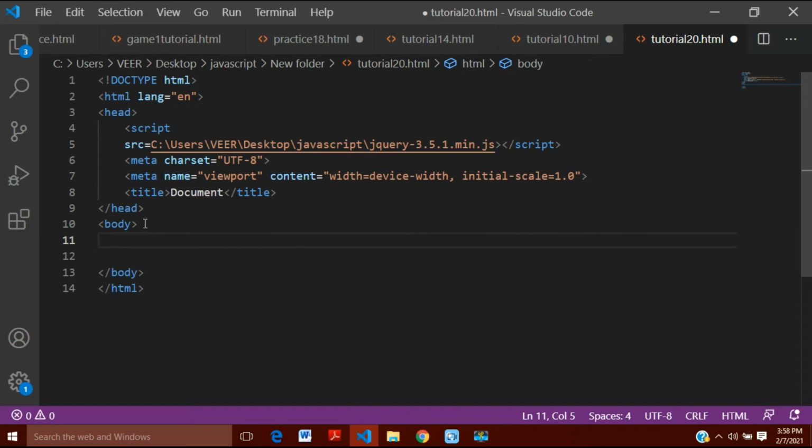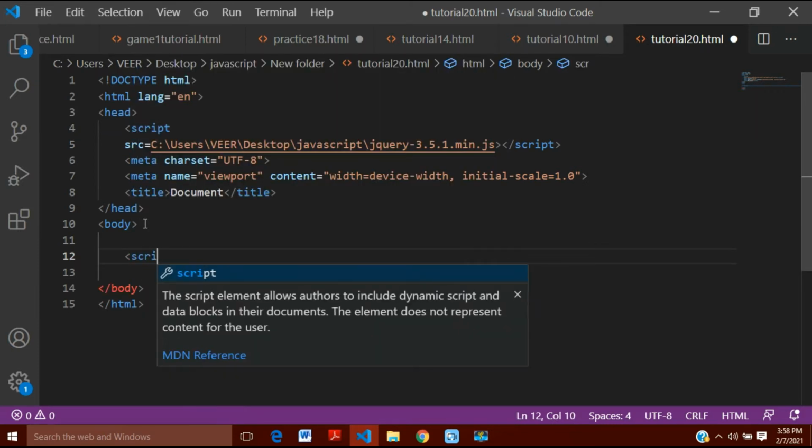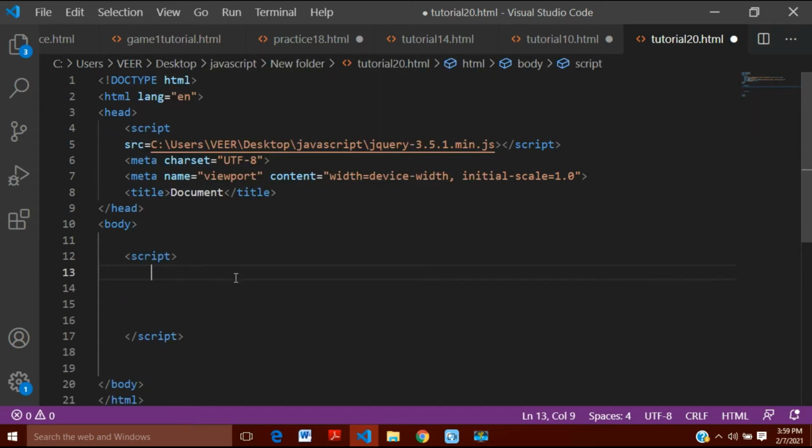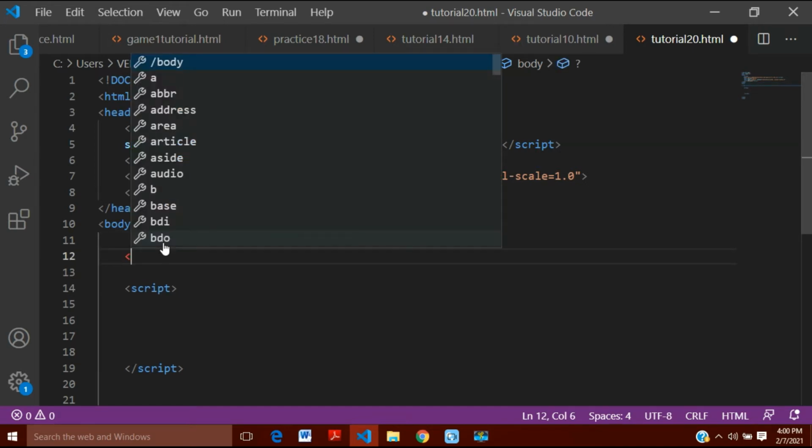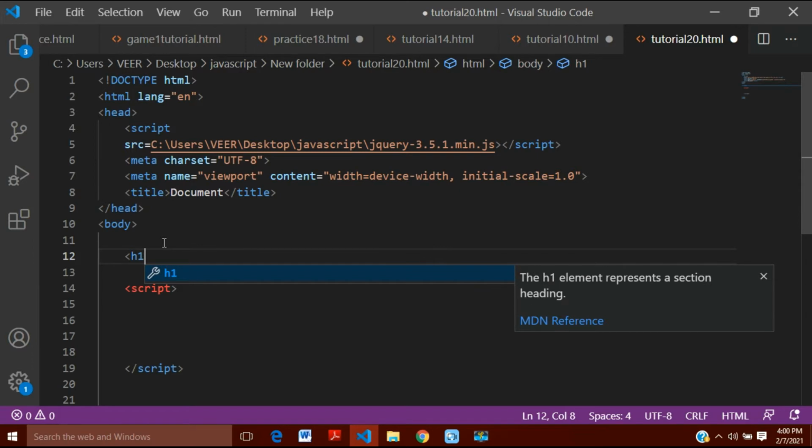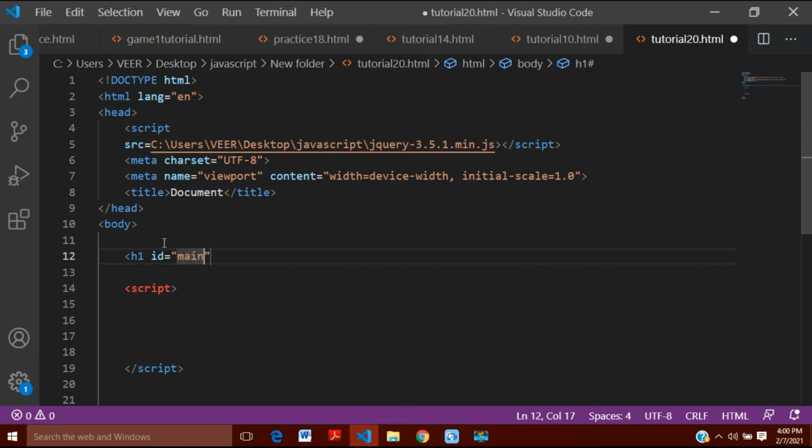In body, I will write script. As I had told you in my previous video, I can get access to the various elements which are there in the HTML document with the help of jQuery. So here I am going to create one element inside body, that is h1. So here this is h1, and I am giving it an ID. The ID is, let's say, main heading. This is the ID I have given to it,